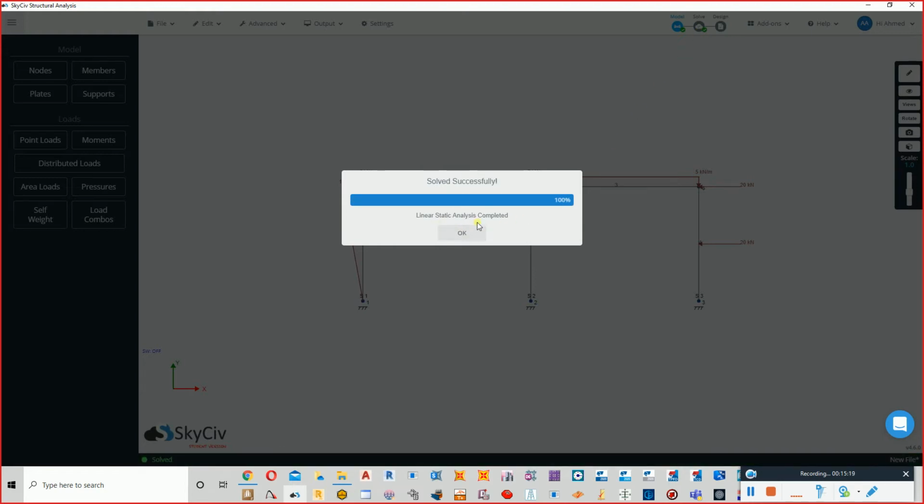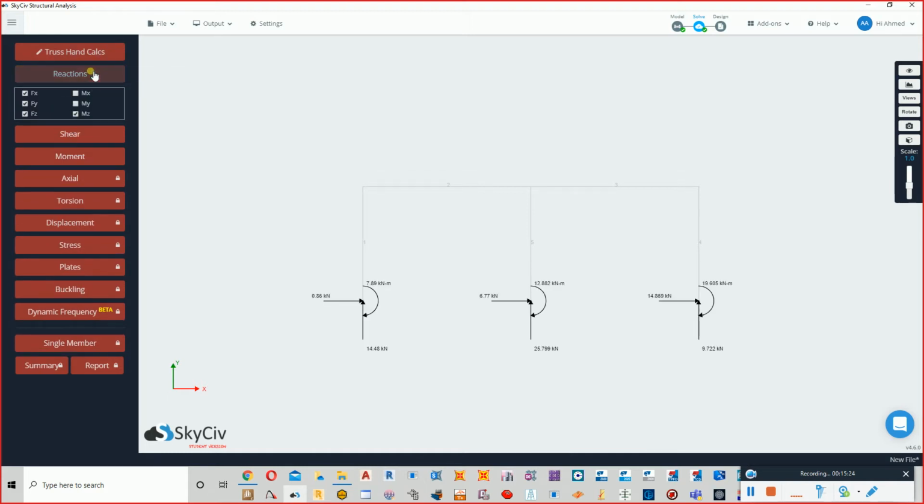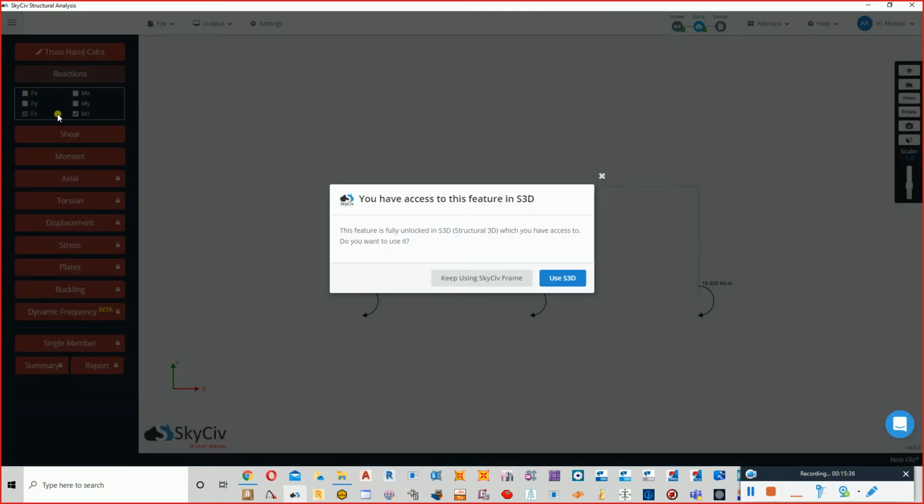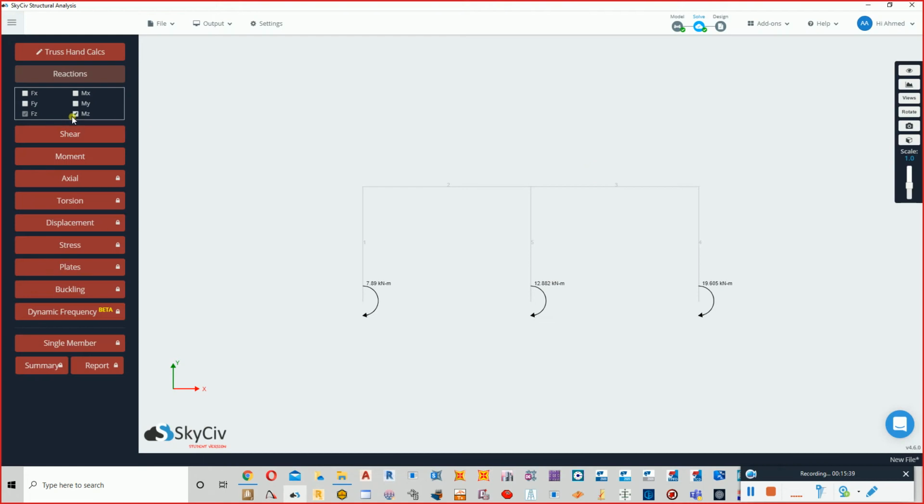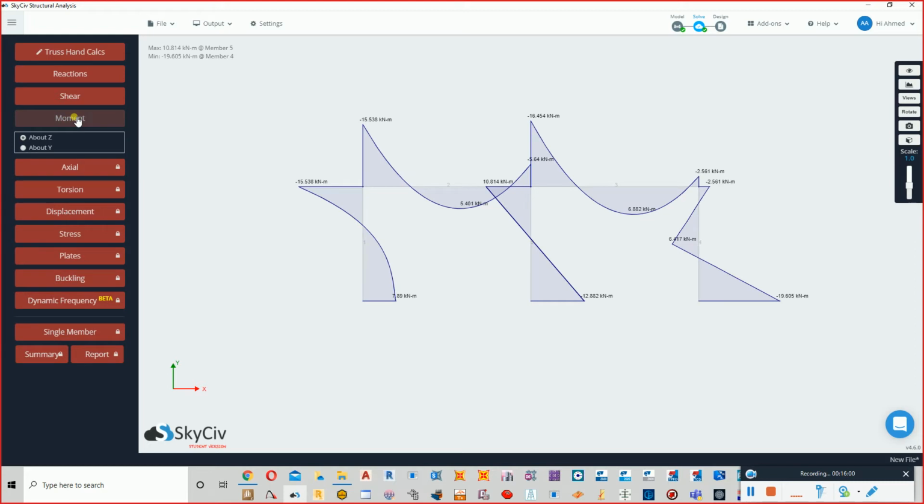Okay. So linear static analysis completed. Reactions. So you can see these are the reactions for this frame. Okay. We can remove whatever we want. For example, I want only Fy. So these are the vertical reactions. I want Fx. So these are the horizontal reactions, and I want, for example, Mz. This is going to be my mode. I don't want the reaction anymore. I want to see the bending moment. So this is my bending moments for